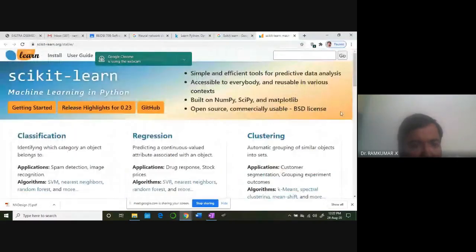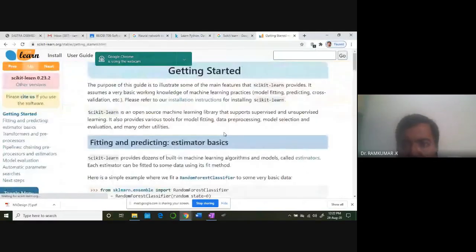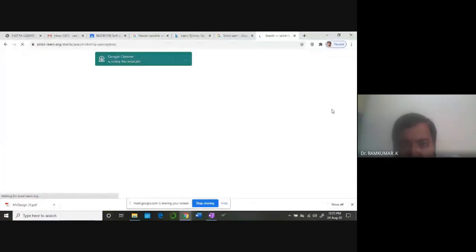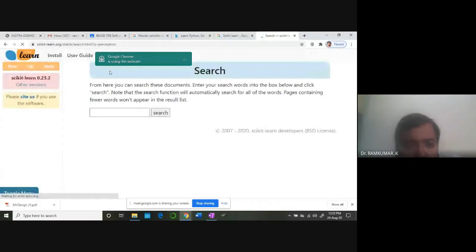This is scikit-learn, as I said. For example, you want to work with the Python Perceptron learning algorithm. Just simply type it to get the required code and the required support. That's why I said coding will not be a big issue for you. You will start applying it, but you should know the theory behind the code.